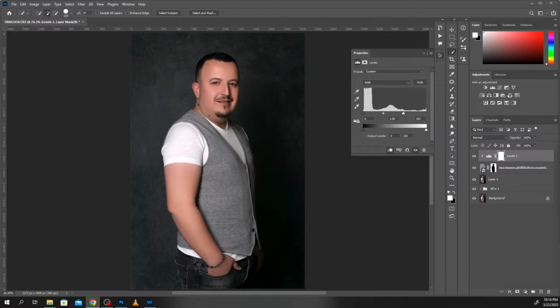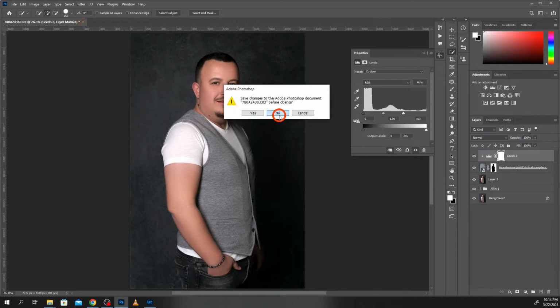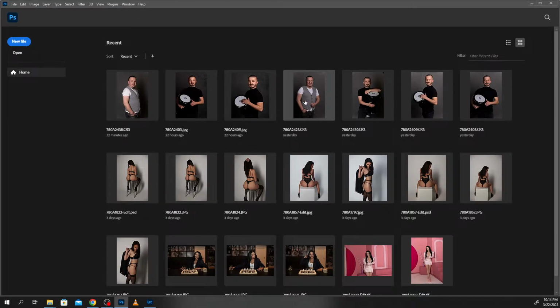Okay, now we are good to go. So I need to close this, and I need to close this photo and to start with the other one. Close this and